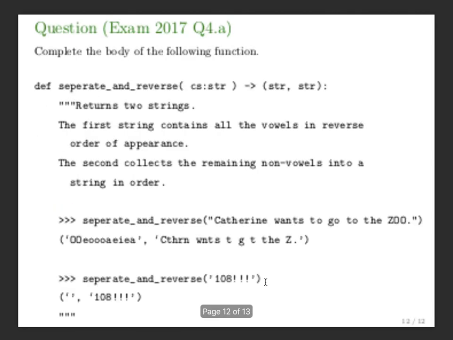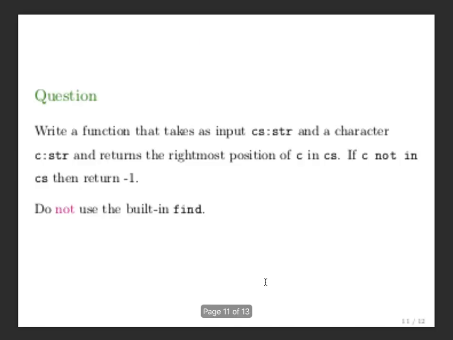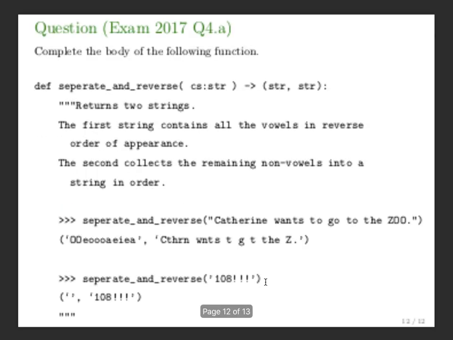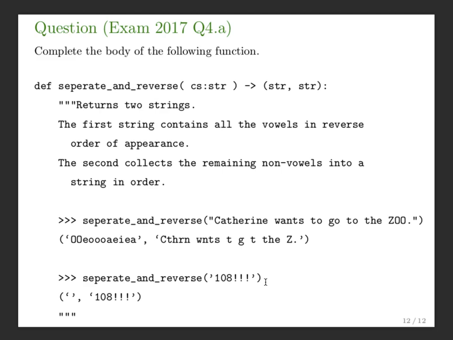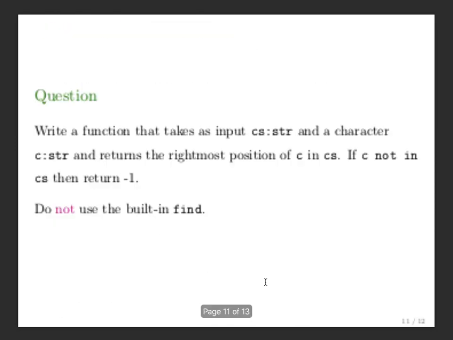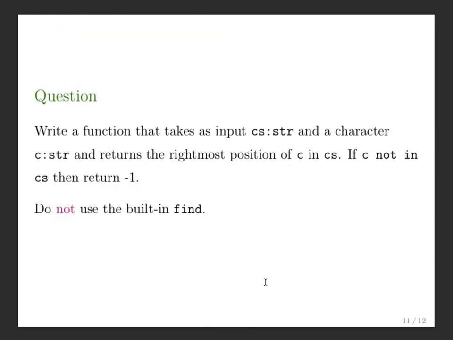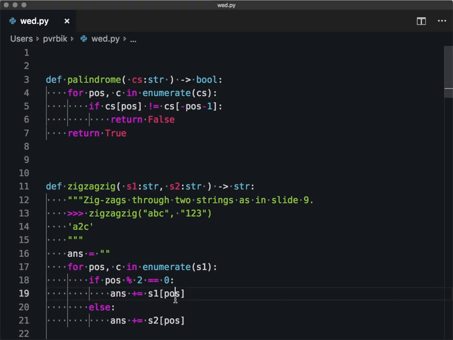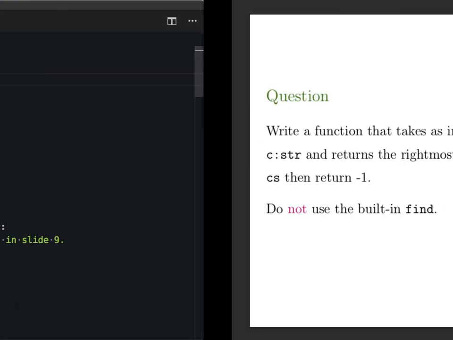So in the last 10 minutes, which one do you want me to do? Any takers? Or do you just want to go? Are you guys tired? Speed run both? All right, let's speed run both. We can totally do this. Okay, so